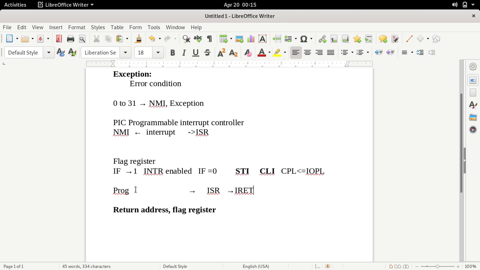In order to transfer control to the interrupted program, the 80386 will require the return address, and that return address is available on the stack. But do we have only the return address on the stack? No, we have an image of the flag register also. Before transferring control from the program to the ISR, the 80386 has pushed these two things on the stack. So when the IRET instruction is executed, the 80386 will pop these two things from the stack. The return address will be popped from the stack and stored in the CS and EIP registers, and the image of the flag register which is available on the stack will also be removed from the stack and stored in the flag register.